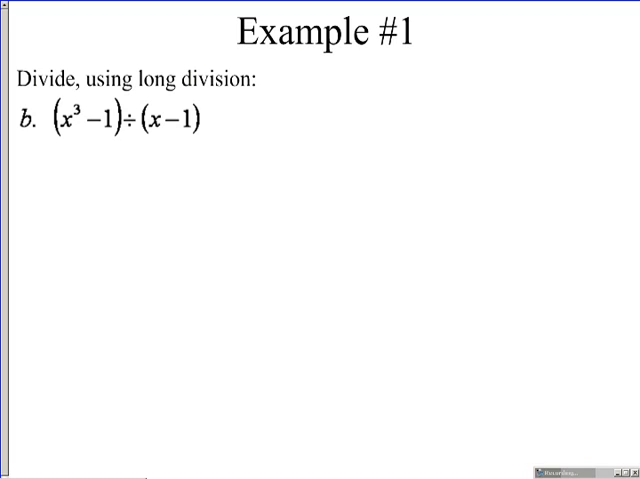Letter B, x minus 1 into x cubed minus 1. I'm going to leave some spaces here. Not necessary to do this, but it helps you line up like terms. In other words, we have no x squareds, we have no x's, and then we have a constant of minus 1 out here at the end. So now begin. What times x equals x cubed? That is x squared. Multiply,